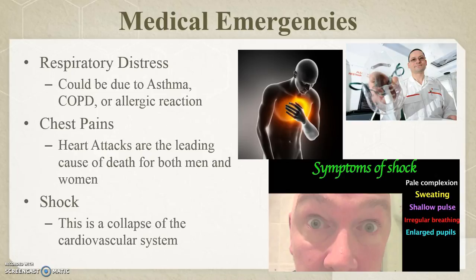Some of the signs and symptoms are acute anxiety with gasping breaths. Maybe the patient has bradypnea, which is where they have slow breathing, typically less than 8 breaths per minute. They could be cyanotic, or they could have a blue color to their face, lips, nose, and fingertips. Maybe they're having a failure of their chest to rise and fall. They could have nasal flaring or noisy breathing, and they could have what we call tachypnea, or an abnormally fast rate, maybe they're breathing more than 24 breaths per minute. They're shallow, they're going very fast.